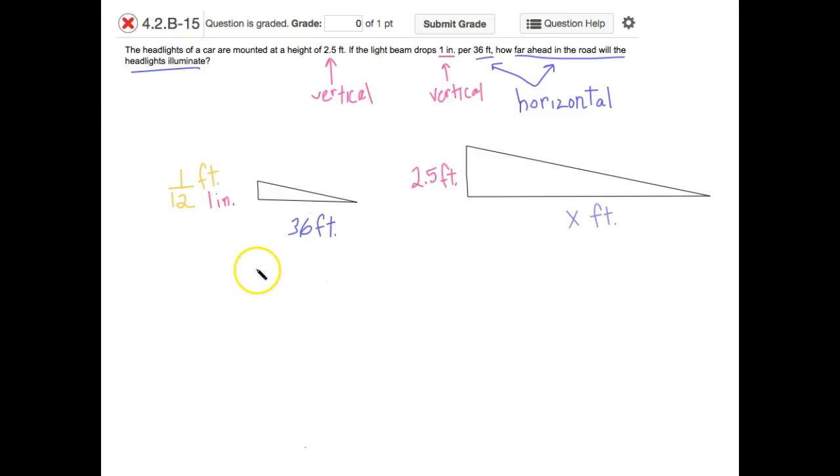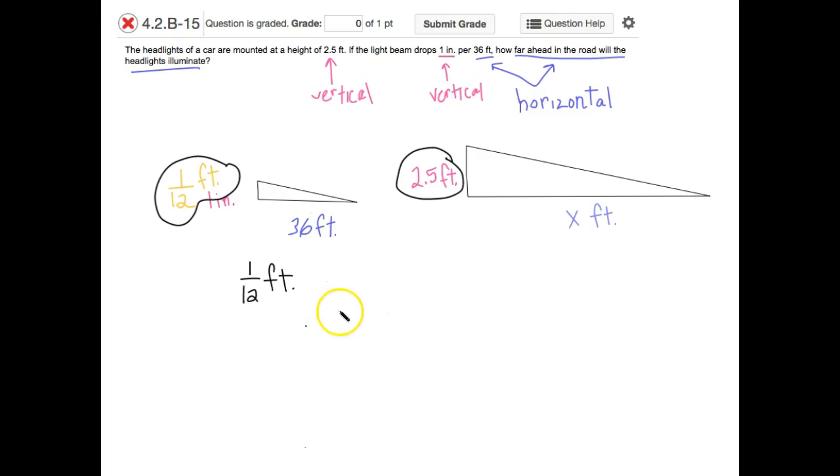And then we should be able to set up our proportion. So we can say this 1/12 of a foot, since it's a vertical amount on that triangle, would match with the 2.5 feet on that same side. So we're just matching sides of the triangles. We know these triangles will be similar. So 1/12